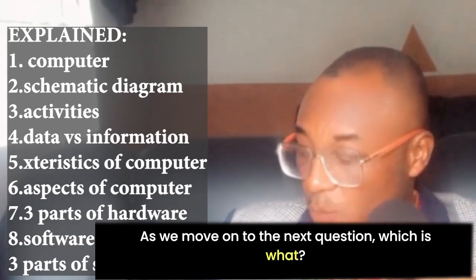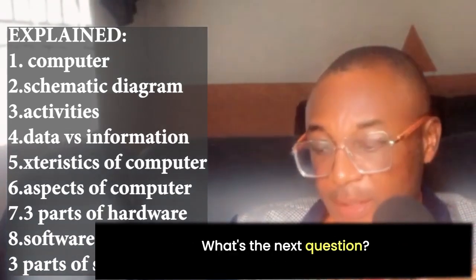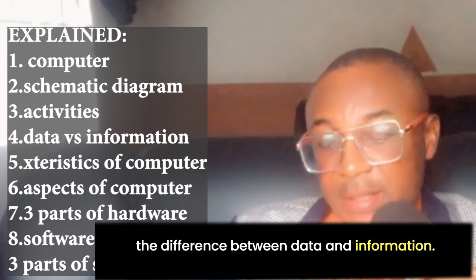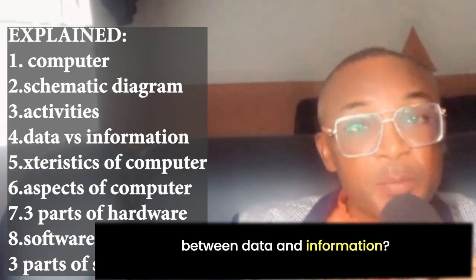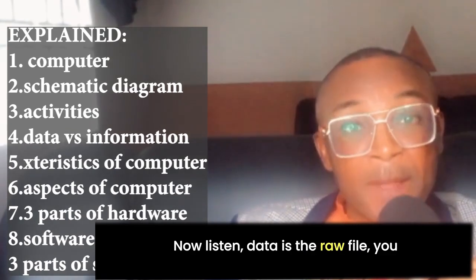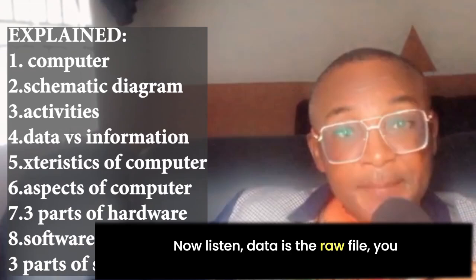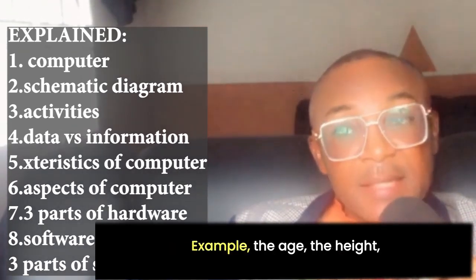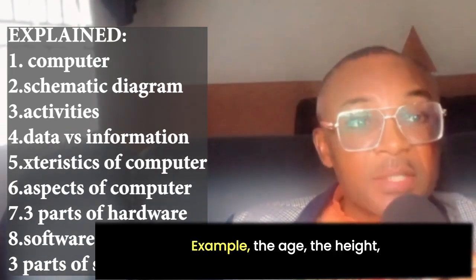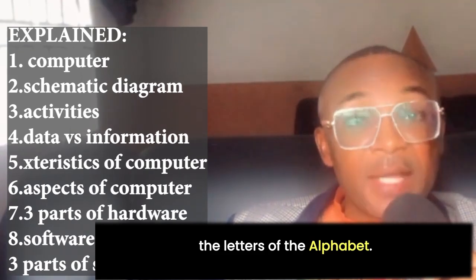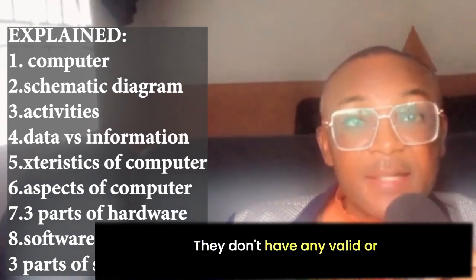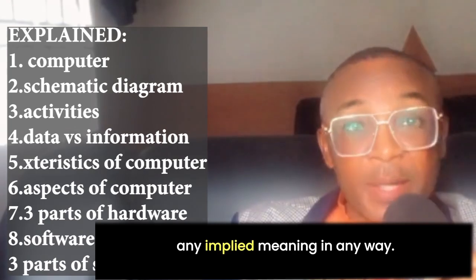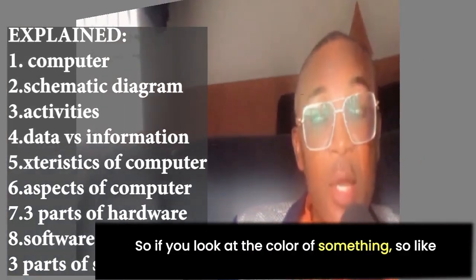As we move on to the next question, the next question here is, explain the difference between data and information. Now listen, data is the raw unprocessed file. Example, the age, the height, the letters of the alphabet. These are data. They don't have any valid or any implied meaning in any way. They are called data. So if you look at the color of something,